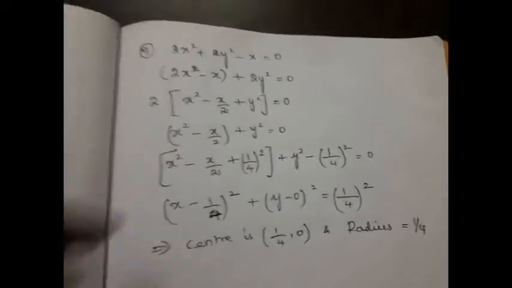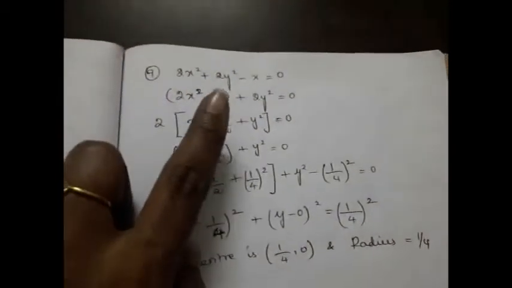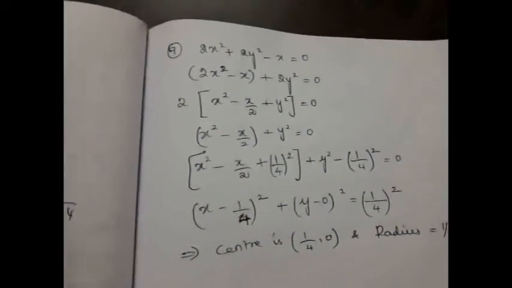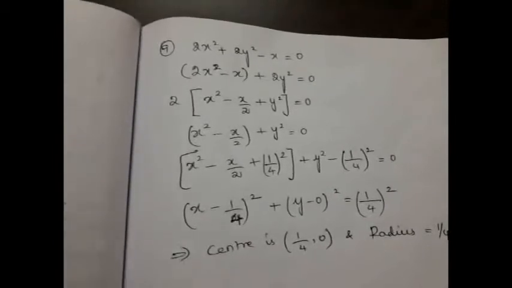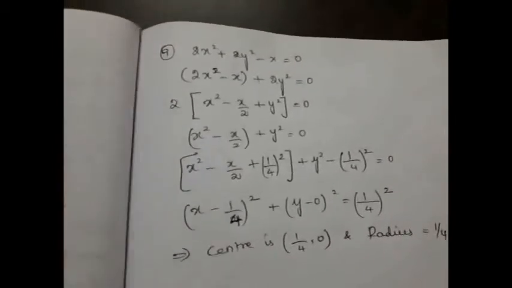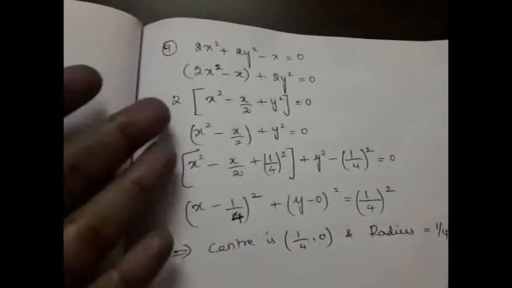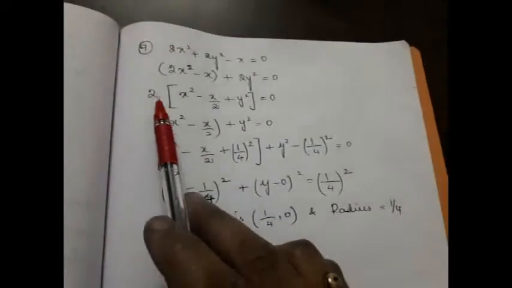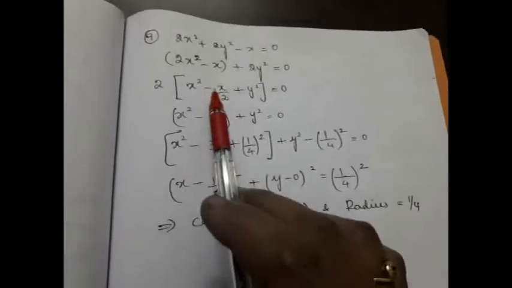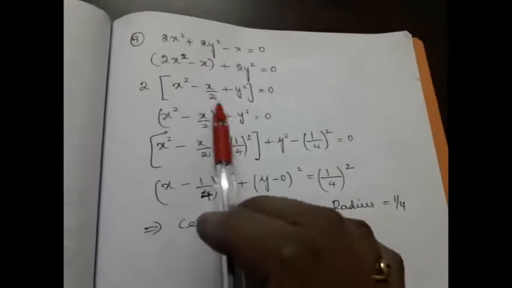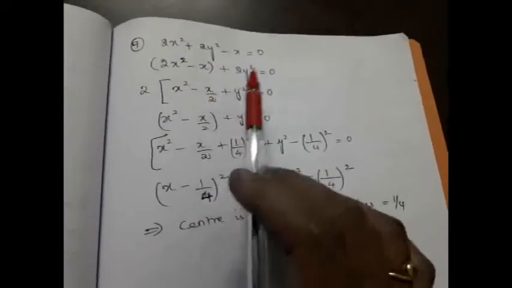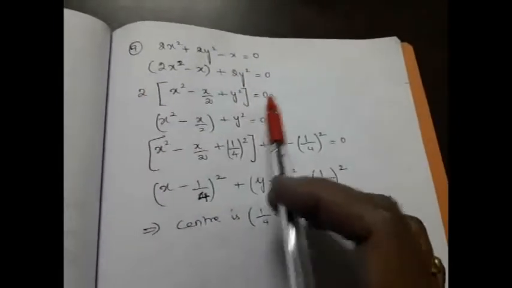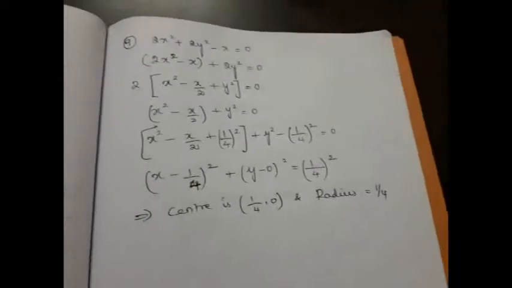If we have any coefficient for x square and y square, we cannot express it in the form of x minus h the whole square. So take the common term out and try to eliminate the coefficient of x square and y square. So I have taken 2 as common. So what will happen? x square minus x, it doesn't have 2, so we have to divide it by 2, plus y square equals 0. Anyhow, if we bring this 2 to the other side, it will become 0 only.